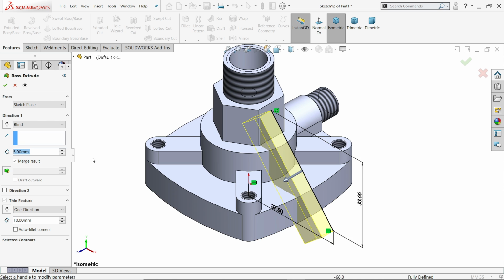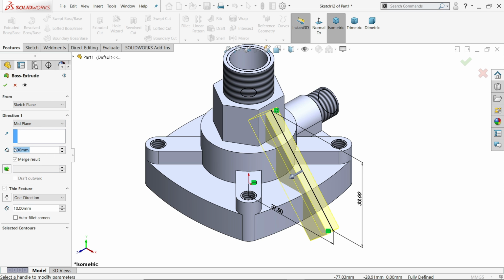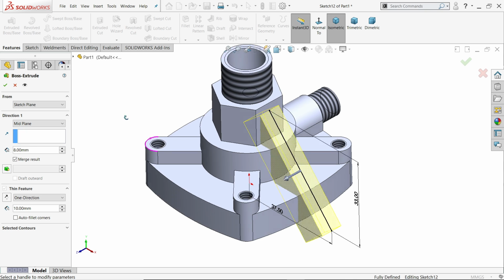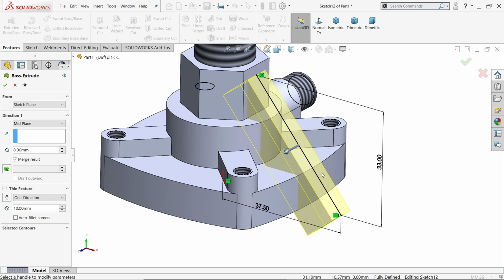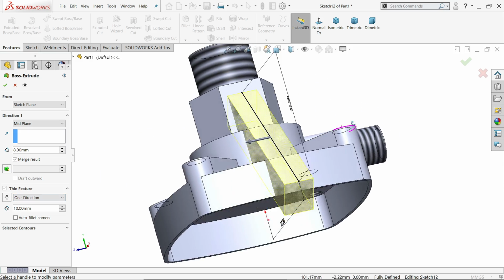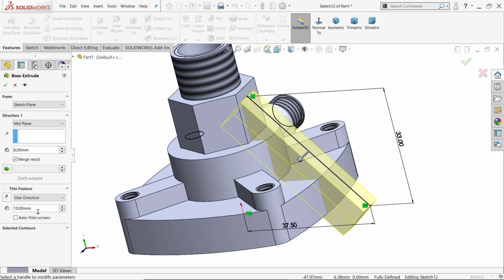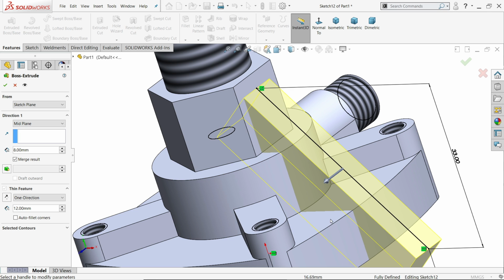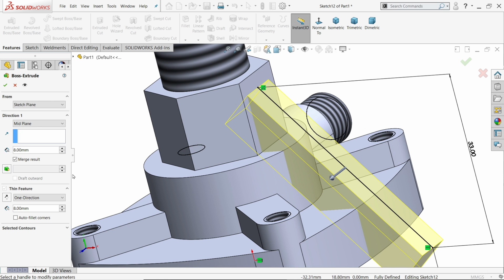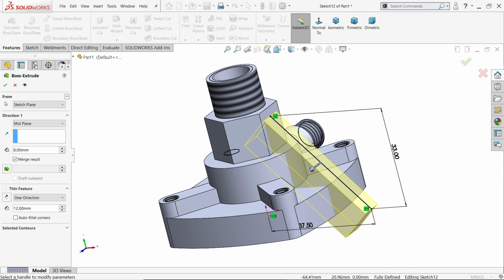Now look, keep end condition mid plane. Here the width 8 millimeter. See, but come down and here this is only a line, so thin feature is activated. Okay, and this is going inside, so we will move inside, let's say 12 millimeter. It should cover this outer face. If you put something like 8, see there is a gap, so make 12 or more than this, so that it will cover all the things. Say okay.